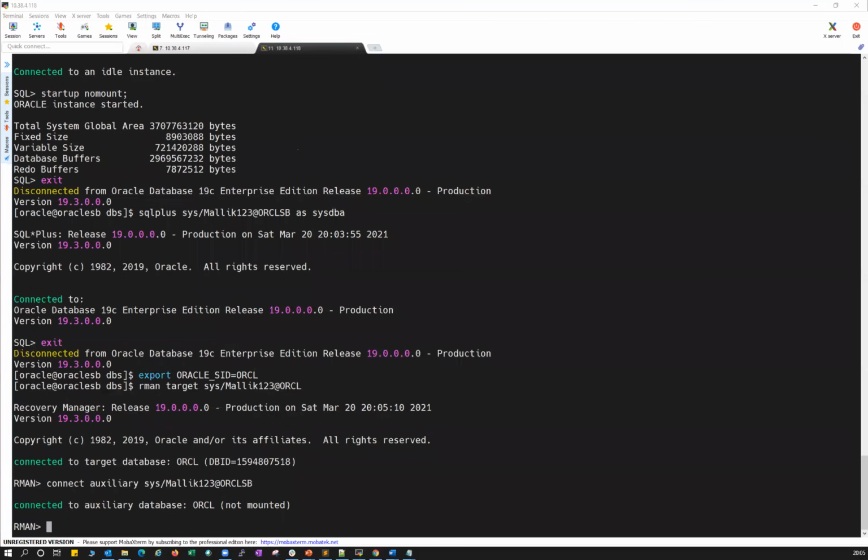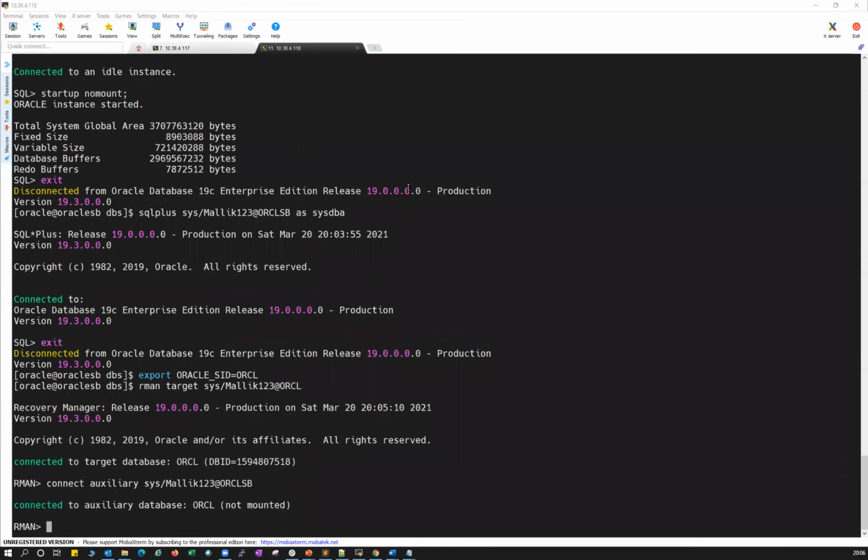TNS entries on the primary should have the entry of standby and vice versa. Yeah, whatever entry you have at your production side, the same entry should be at your standby side, because in production you should have the production database name, production instance name, and standby database name and standby instance name. Same in the standby side. Again, it is based upon the need. You need not have TNS entries for all the instances. If you are dealing with RAC, it's not mandatory to have all the database names and all the instance names across all the nodes.